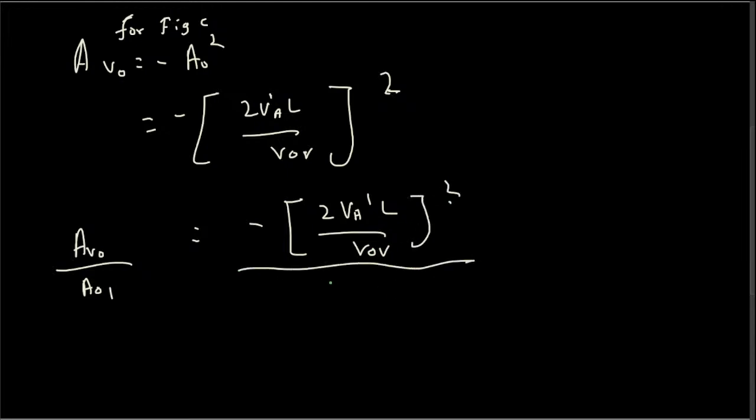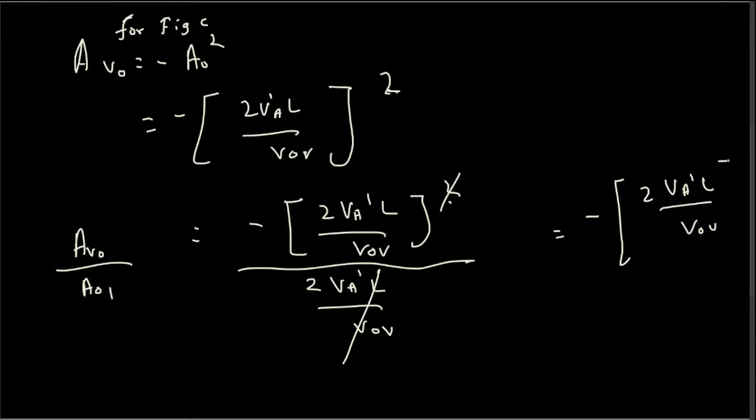And for the first one, it is just whatever is inside of that, 2 VA prime L over V overdrive. So from this one you can see we can cancel this whole term and the square, so we are left with negative 2 VA prime L over V overdrive, which is nothing but